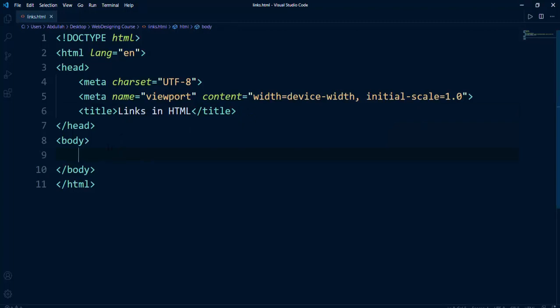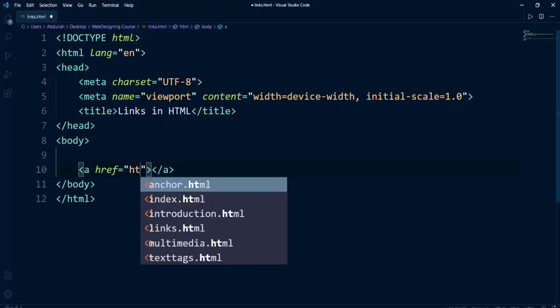Now the first link that we want to create is a link to YouTube. So here I will type A, and when you press A and hit enter, it will autocomplete the anchor tag, and here you will specify the path. Now here we are talking about the absolute path. So for the absolute path you will say